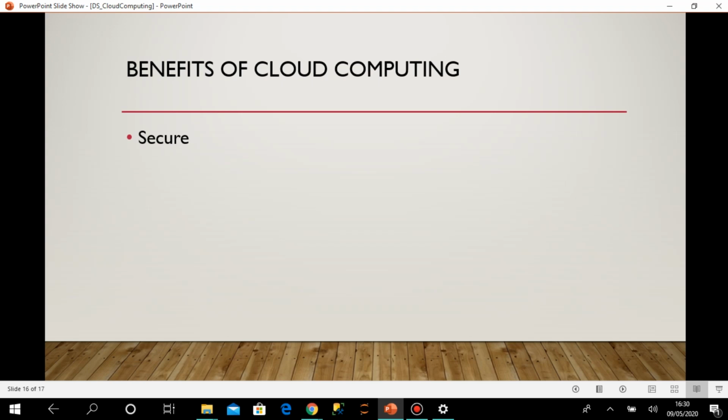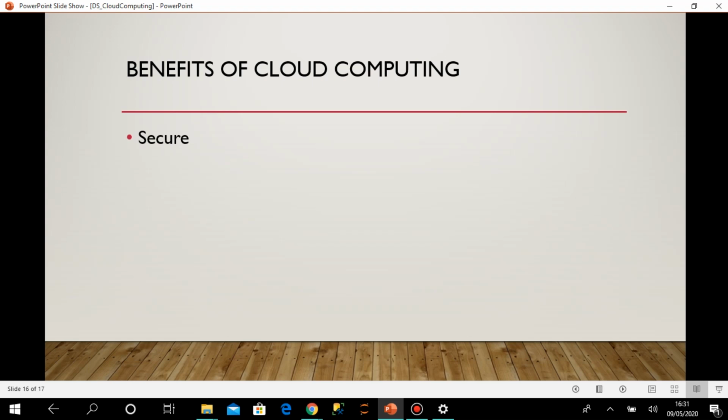But it's something which is there to stay, and we all have to agree that in this era of data science, cloud computing has become very important in that respect also, because whenever we have to handle such a huge quantity of different types of data, all these benefits of cloud computing help us make it a feasible, practical solution. So we have to move with the new era, and we have to learn cloud computing.